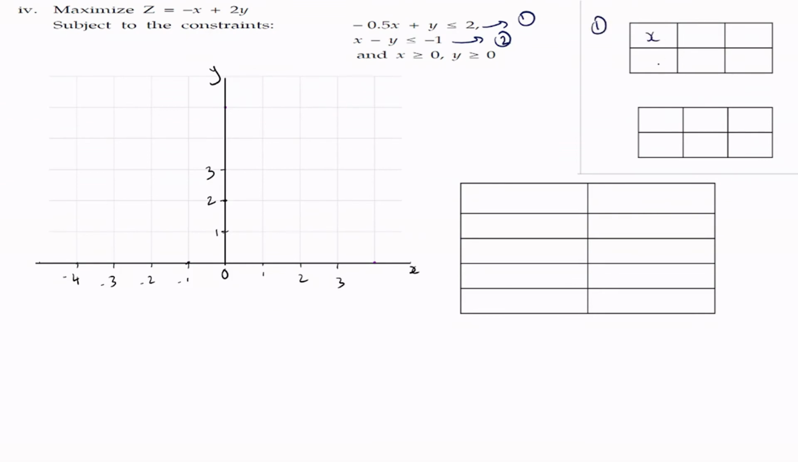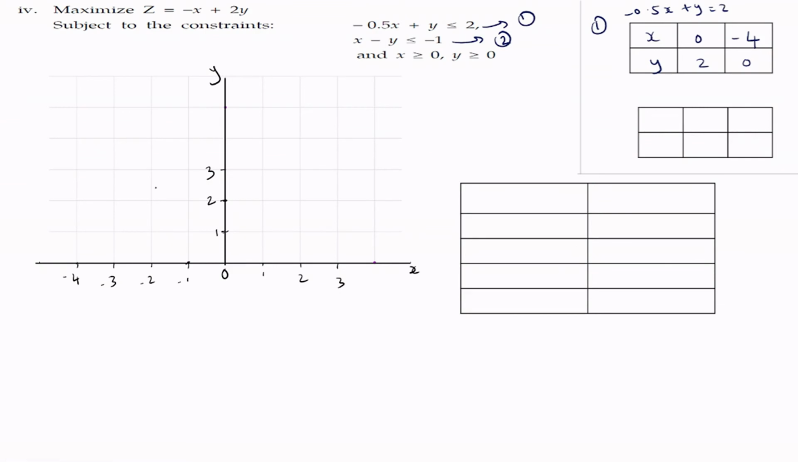So for the first one, to draw the line corresponding to minus 0.5x plus y equal to 2, when x is 0, y is 2. When y is 0, x is 2 by minus 0.5, which is minus 4. So if we plot the points 0, 2 and minus 4, 0 and join these 2 points, we will get